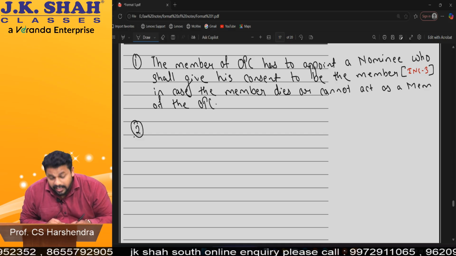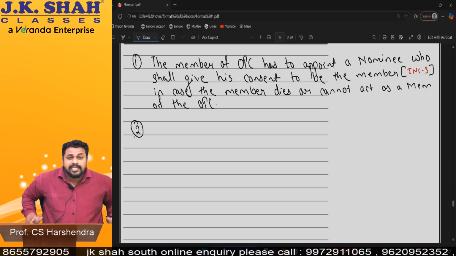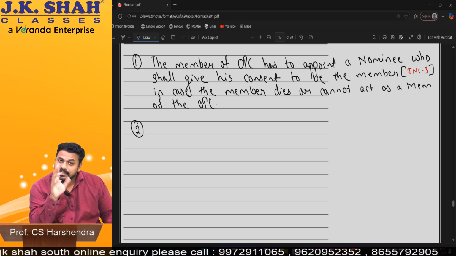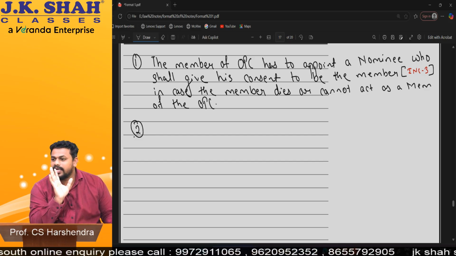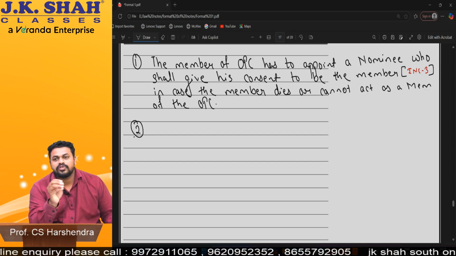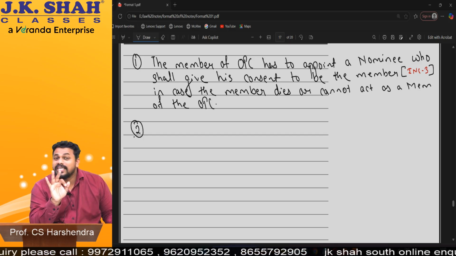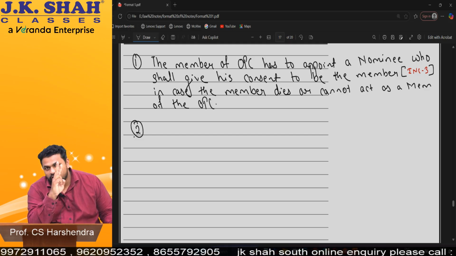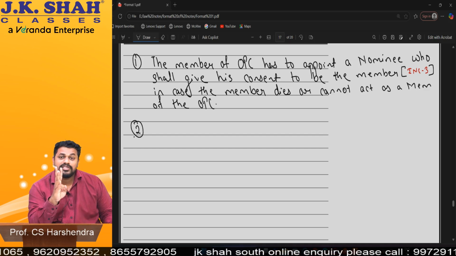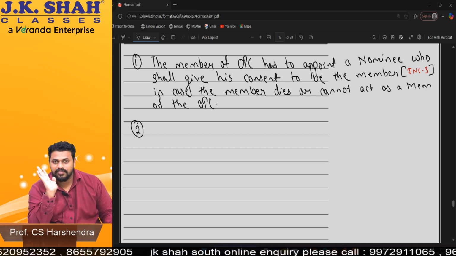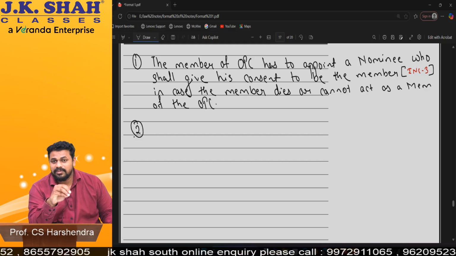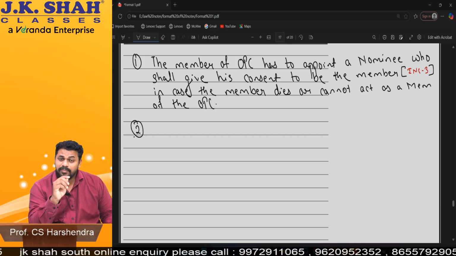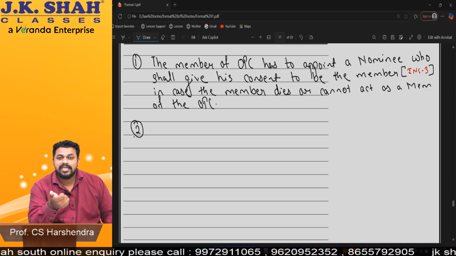Second, a student asked me, sir, is there any eligibility criteria for being a nominee or a member? Answer is yes. First, the very basic eligibility criteria is that the member and the nominee should be eligible to contract. What is eligibility to contract? 3 points we studied in foundation: he should not be a minor, he should not be of unsound mind, and he should not be disqualified by law. That is so basic for every contract. But under the Companies Act, is there any special eligibility criteria? Yes. There are 3 criteria. In these 3 criteria, there is one point where people have some confusion. People misunderstand that point. So I'll tell you which point.